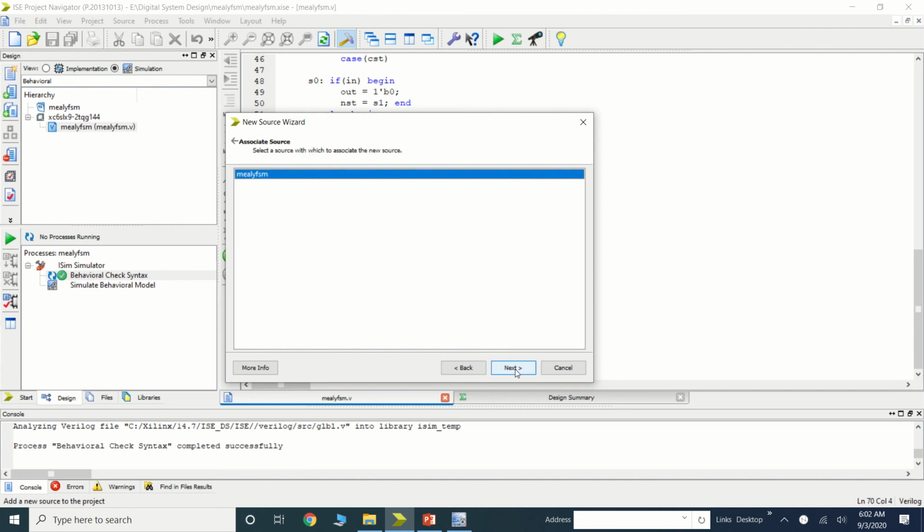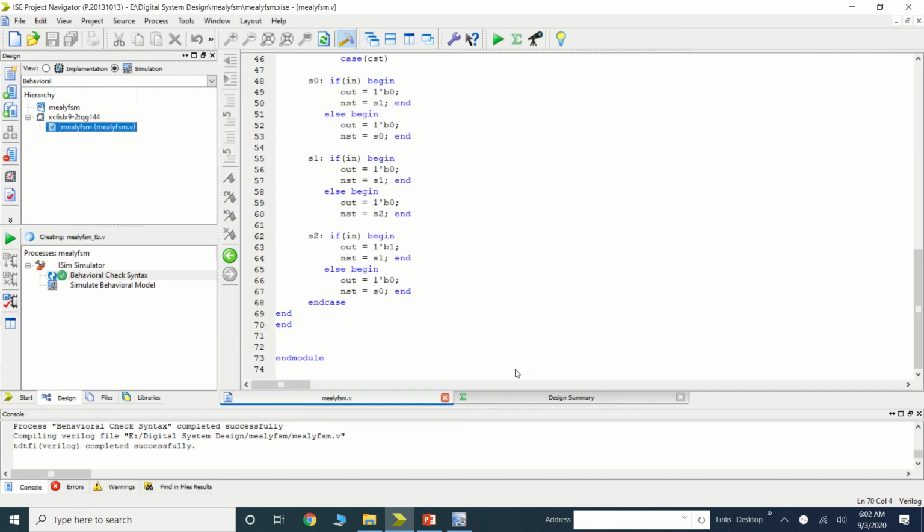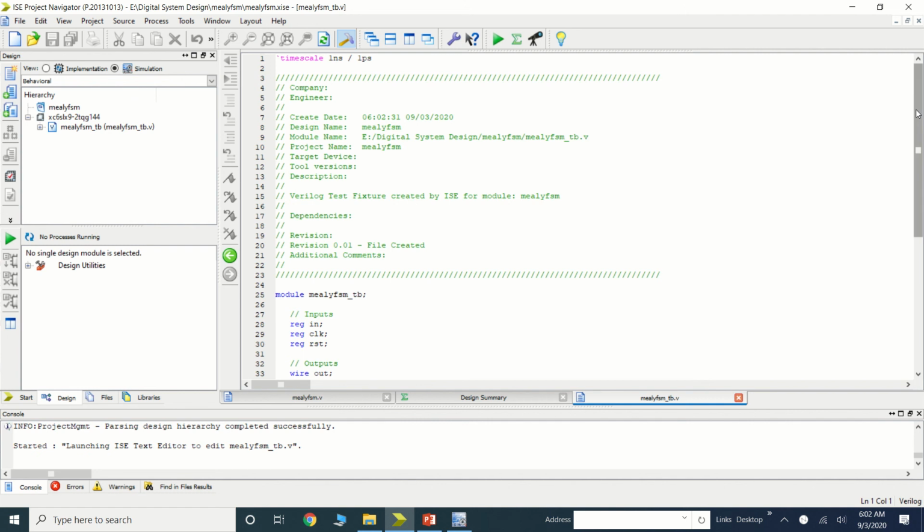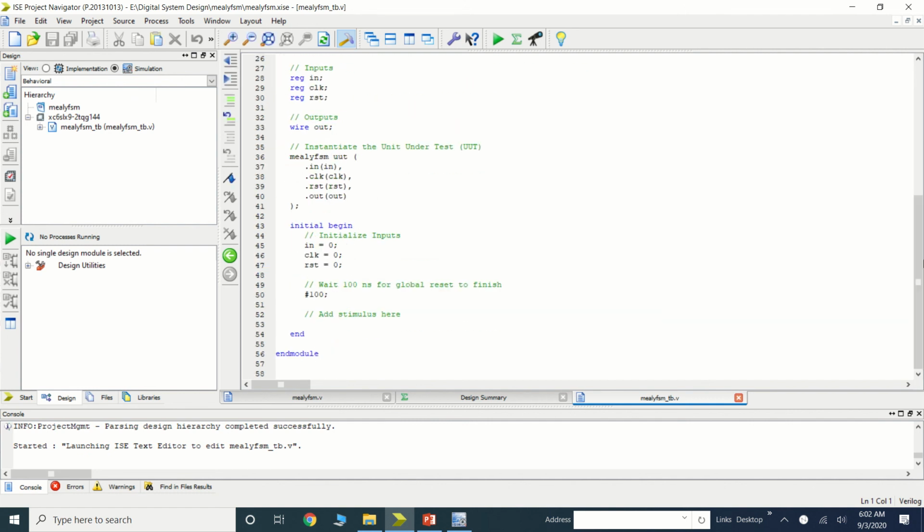So this is a skeleton for the test bench where we can apply our stimulus, for whatever input you want to apply to get your desired output. So first, I'll reset my machine. Reset equal to 1, I am applying reset, and let's say that is for 10 seconds. Then when the reset is equal to 1, output would be 0. Now I am applying reset equal to 0.